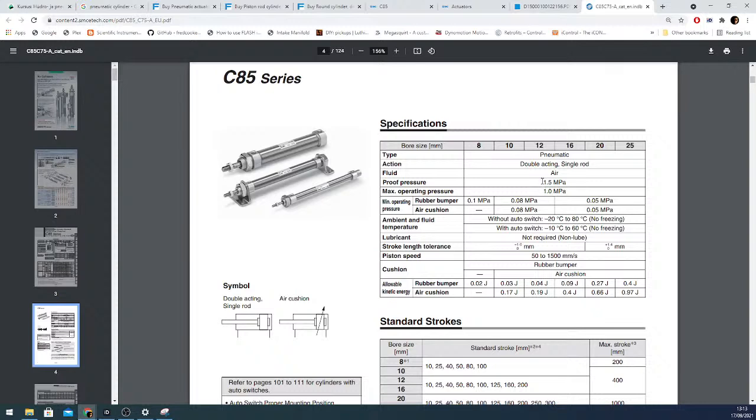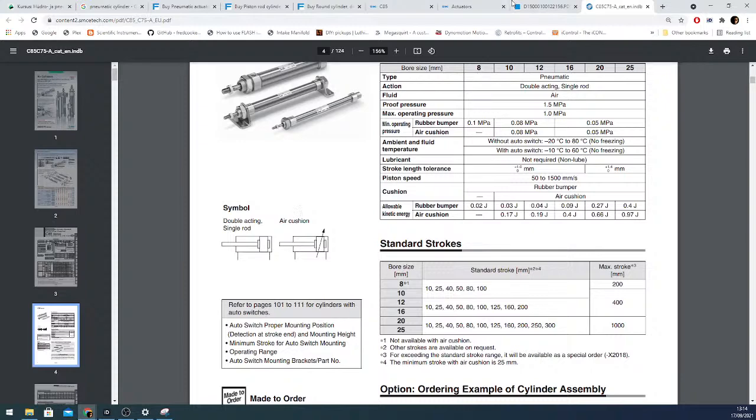The proof pressure means that if for some reason we have a pressure peak, the pressure rises to high levels, 15 bars of pressure, the cylinder will not explode yet. So that's the proof pressure. But if we go over this value, for example, we have 2 megapascal, 20 bars of pressure, the cylinder may actually break and, quote unquote, it may explode. Anyways,